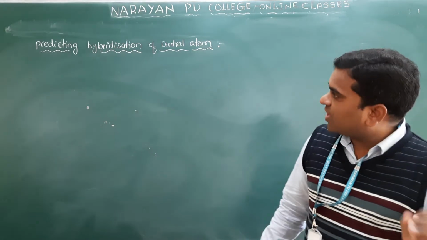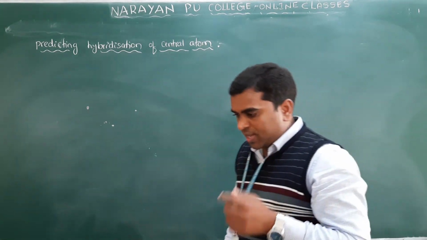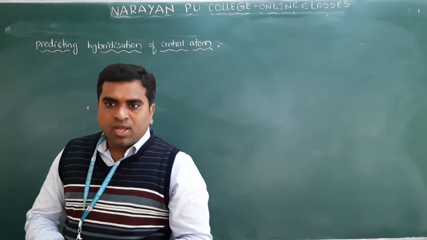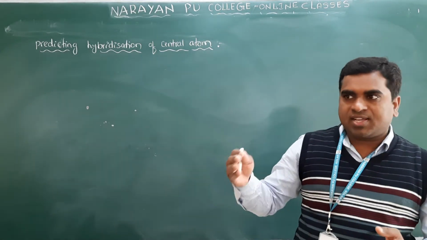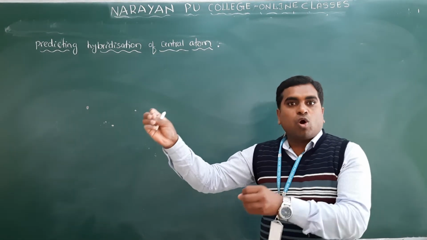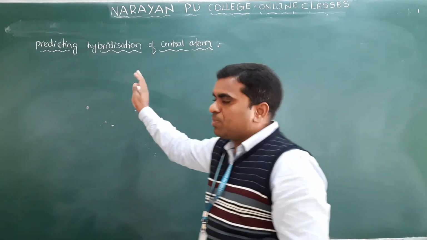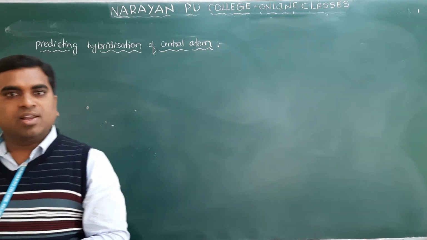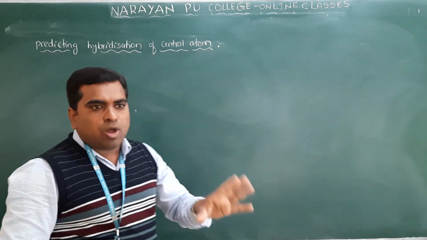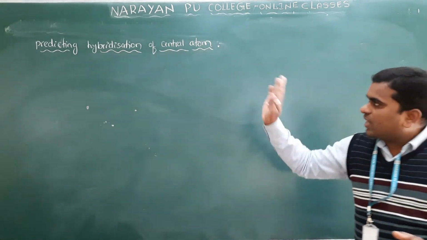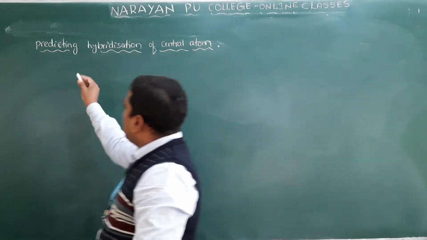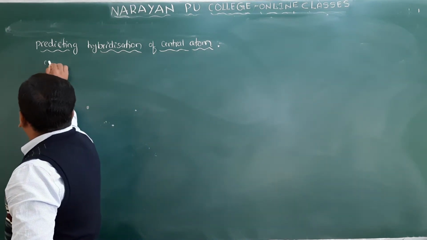So for that one, we have a formula given in the textbook, but there is another simple shortcut that I will discuss when we cover the competitive exam part. Now I will follow the simple formula they have given. They will give you some molecule and ask what is the hybridization of the central atom. So that we have to find out. And first we have to calculate